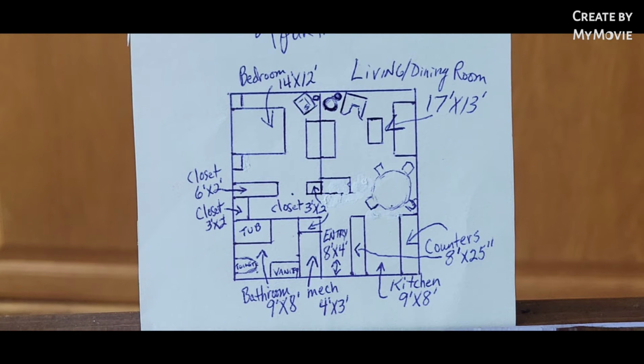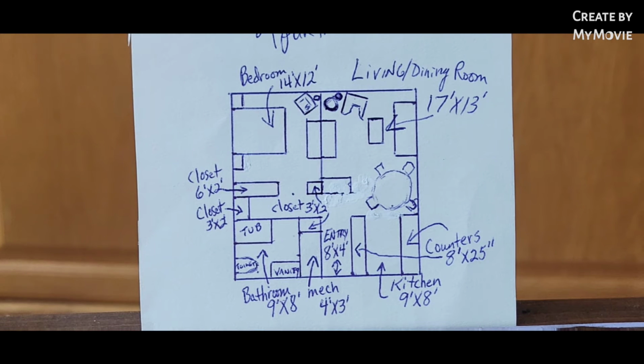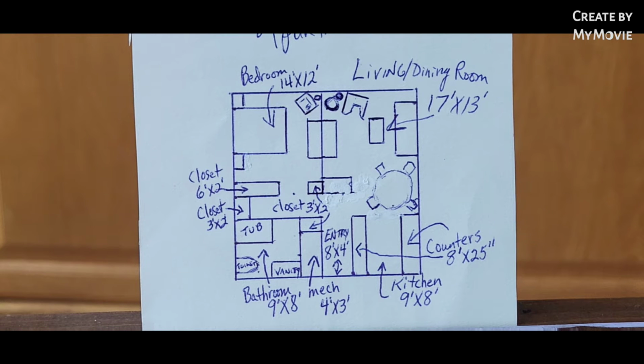Here is our one-bedroom apartment ground plan. This is based on a one-bedroom apartment I stayed at the Four Seasons in Houston back in 2018 when I was doing a production at the Alley Theater. I was so impressed with their layout, and I think it's a good one, that I've copied it for our